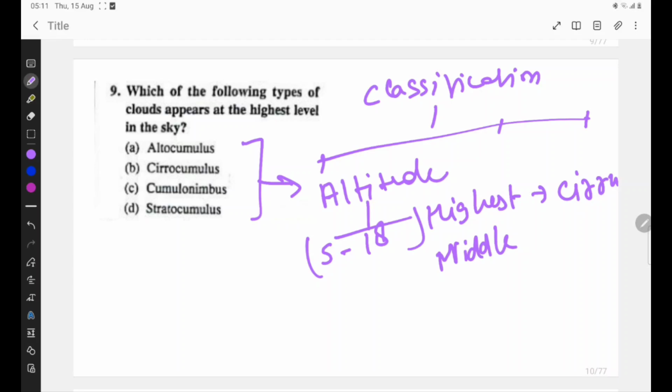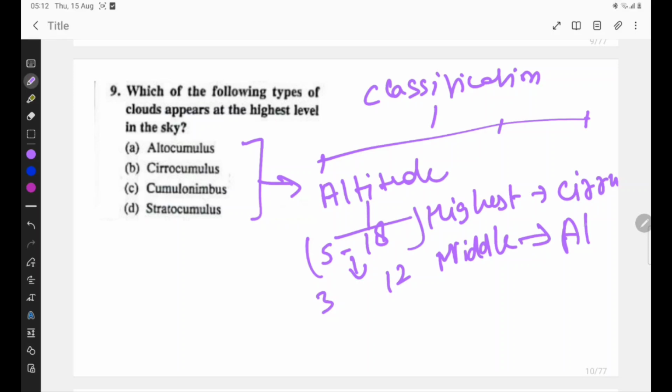These are the clouds present in the atmosphere above 5 kilometers of height. Those are cirrus clouds, and the clouds below this, I think approximately 3 to 12 kilometers, are